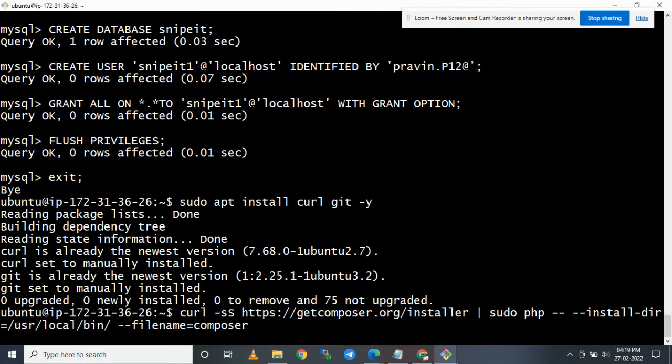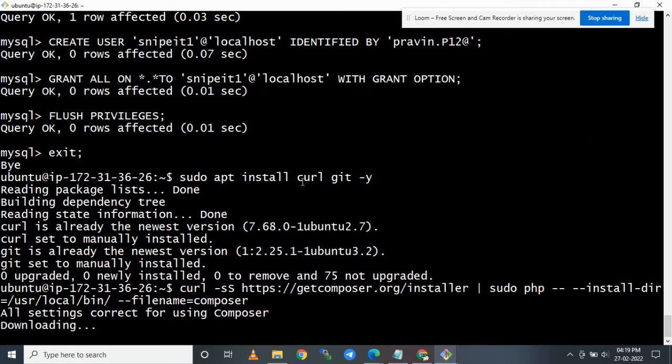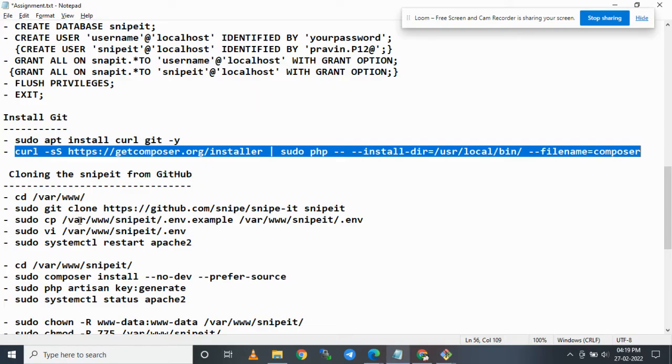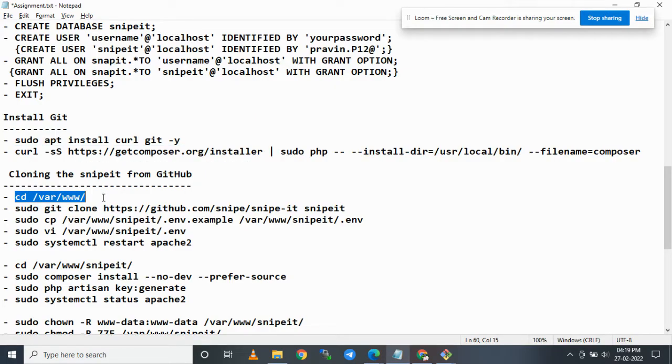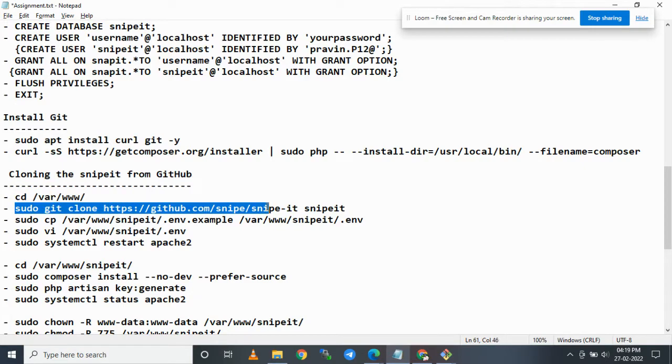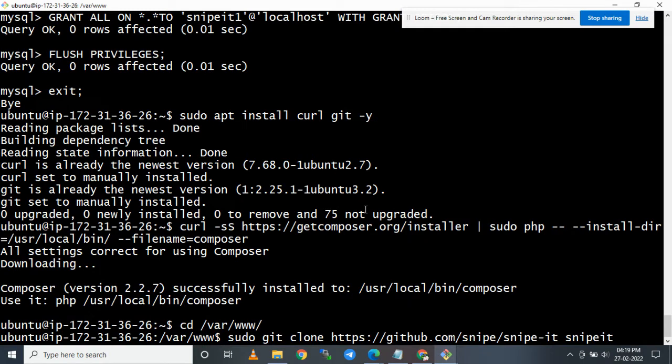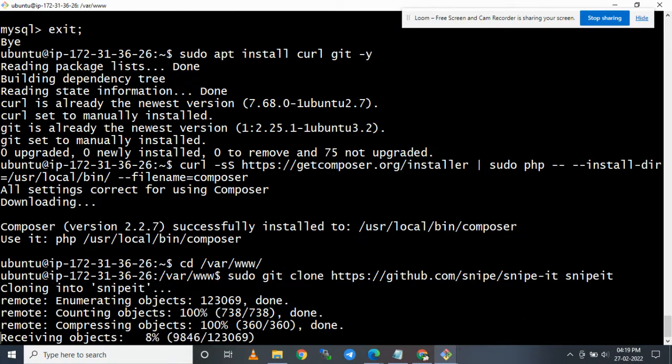For that, we have to install curl. Go to this. There we have to set up the Snipe-IT folder. They are going to clone the Snipe-IT repo. It is processing.